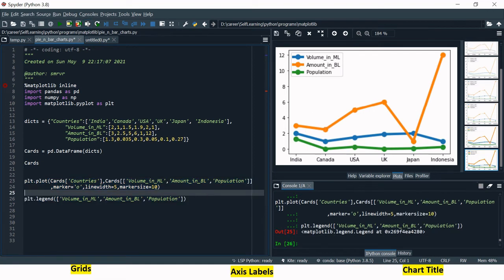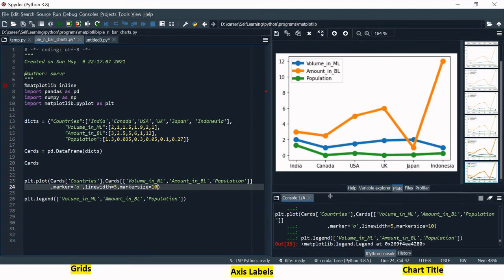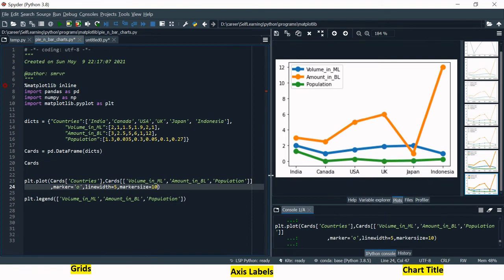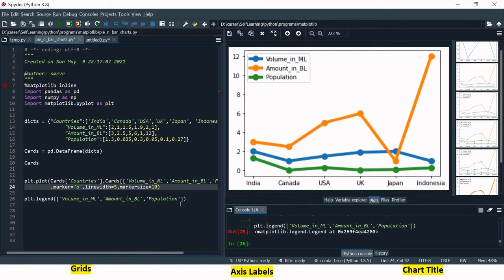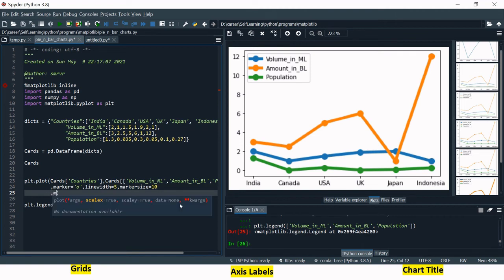Now if you want to make it more fancy, you can change the marker color as well. We have 2 kinds of color in marker. One, the fill, I mean the color which has been filled inside this circular marker shape, that you can change, and you can also change the line color of this marker. Let me show you one by one. So first, let's change the marker face color.